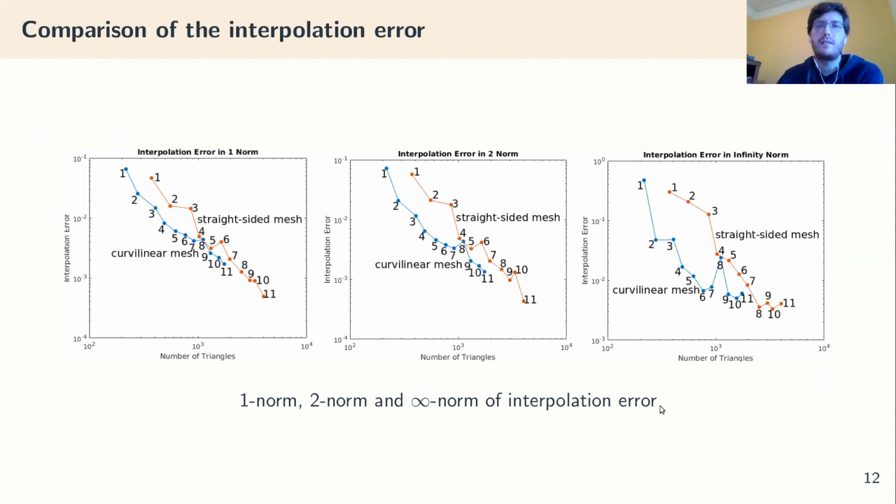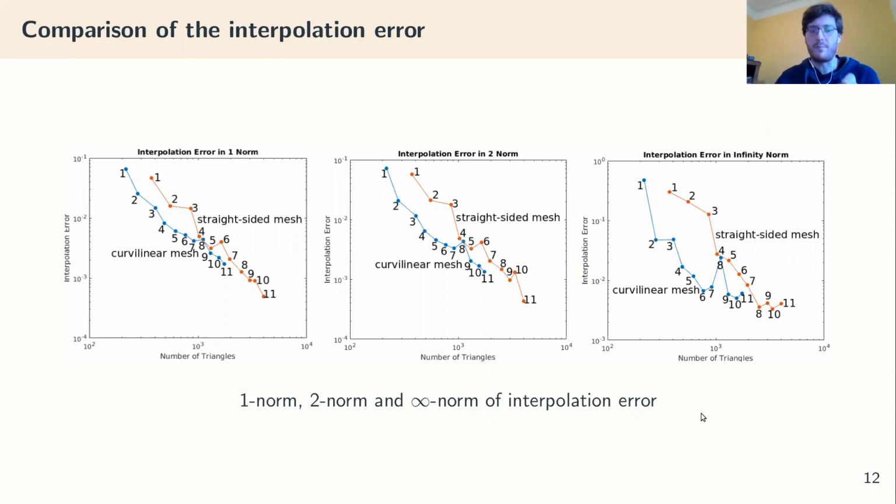In this case, this is indeed achieved, because first we get the same convergence rate, which is to be expected, but also we are lower compared to a straight-sided anisotropic mesh, which is good news. This is especially the case when we have a low number of elements, because there are more benefits to curving the mesh if you keep the complexity of the mesh low, whereas if you go higher and higher in complexity,